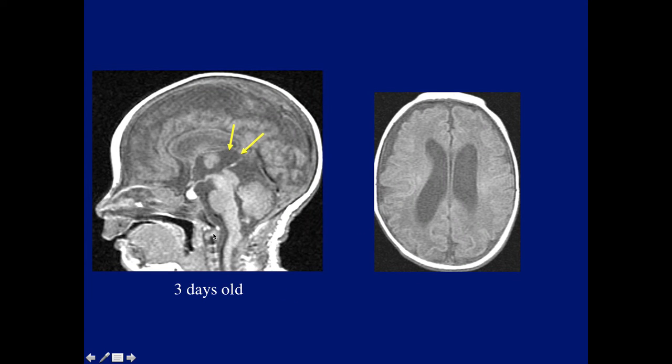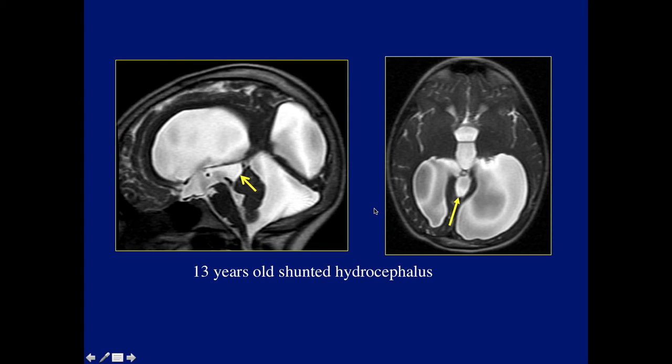And here's an MR that we have, a 3-day-old patient who had enlarged ventricles, and notice the size of the suprapineal recess. It's not an arachnoid cyst, it's just the suprapineal recess, which is prominent. Here's a patient who had shunted hydrocephalus with marked enlargement of the ventricles being followed, and here again is the suprapineal recess. And again, here's a small massa intermedia. Here's the suprapineal recess on the axial plane.